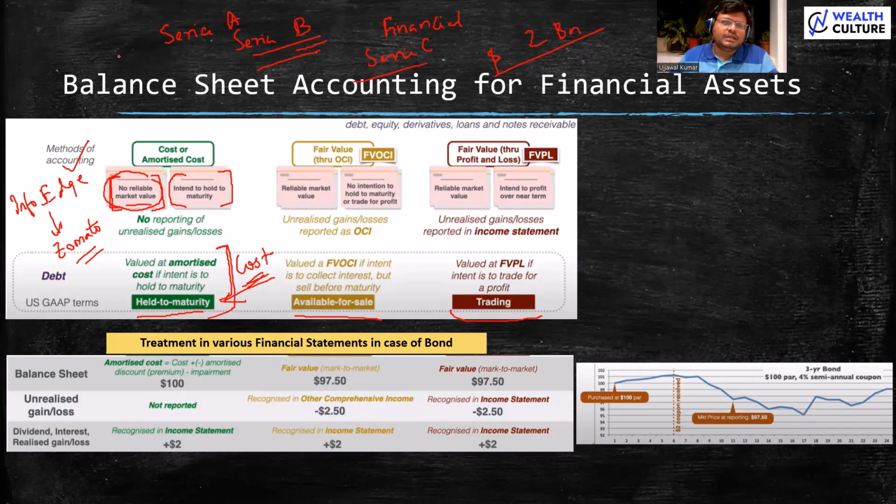So mostly unquoted investments that happen in the private markets come into this bucket, which is held to maturity, and these investments are shown as valued at the cost at which you bought. Next,